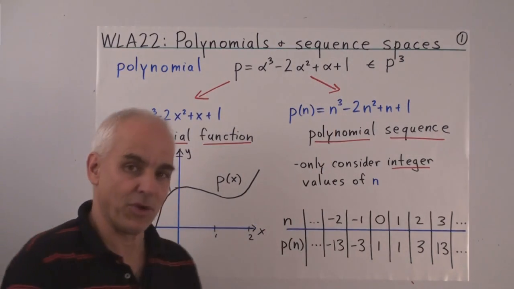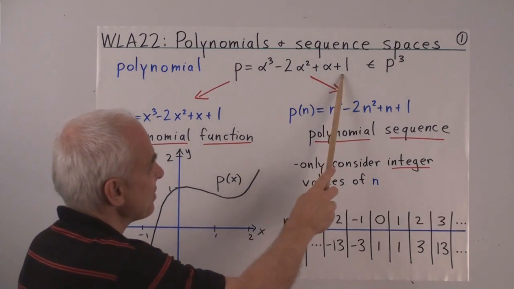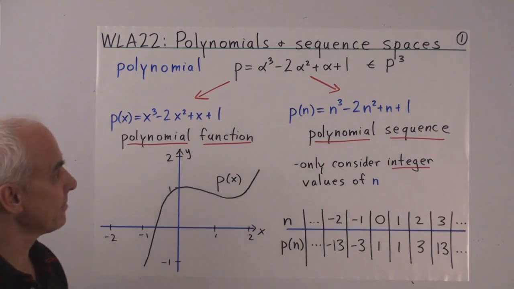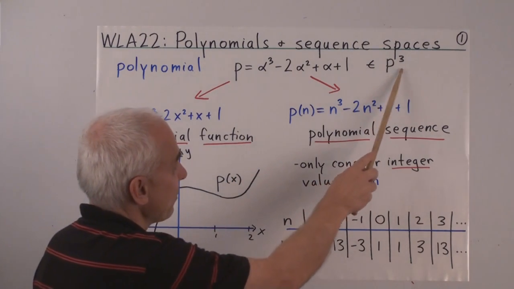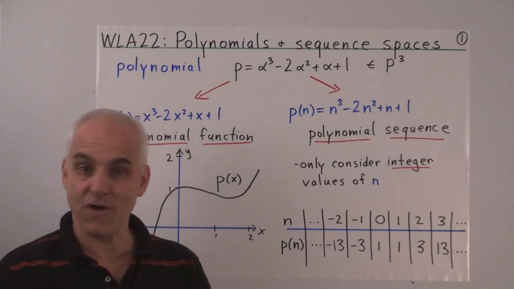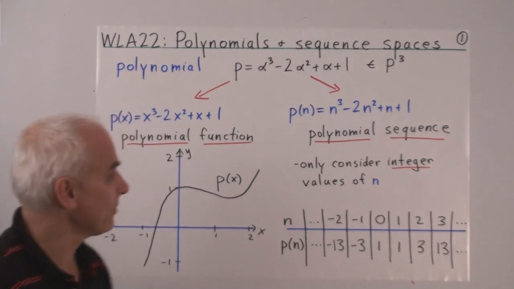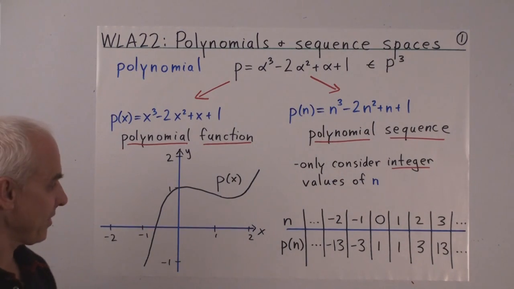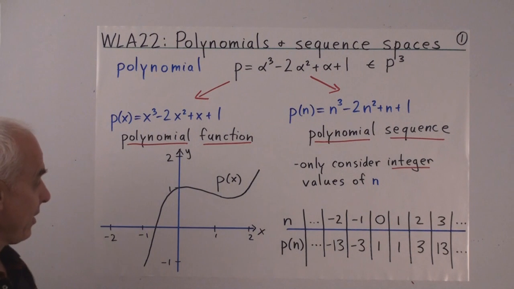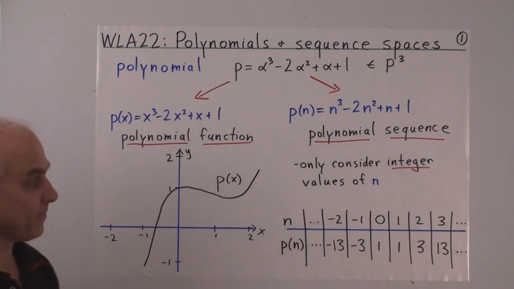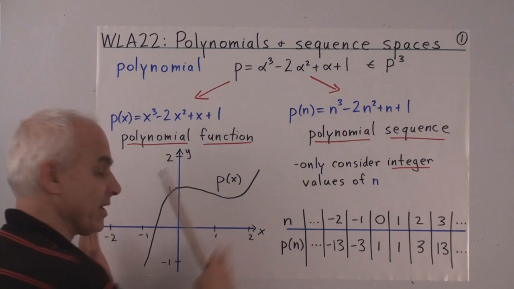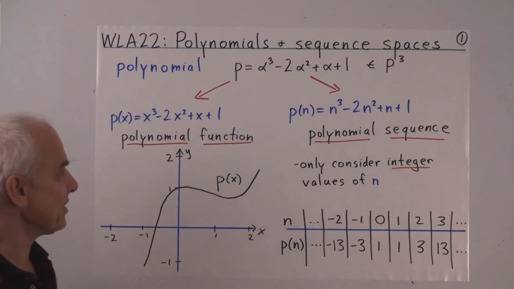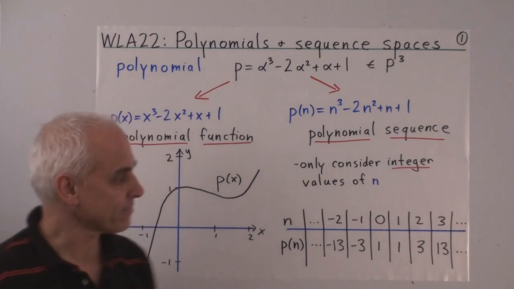Here's a typical polynomial that we're looking at. It's a formal expression involving linear combinations of powers of some variable alpha. This particular polynomial happens to be in P3, our favorite polynomial space of all the polynomials of degree 3 or less. And we've seen how this polynomial can be interpreted as a function on the rational number line, which we can graph in the usual way. And the techniques of calculus apply to functions like this, and so the calculus and the polynomials interact.